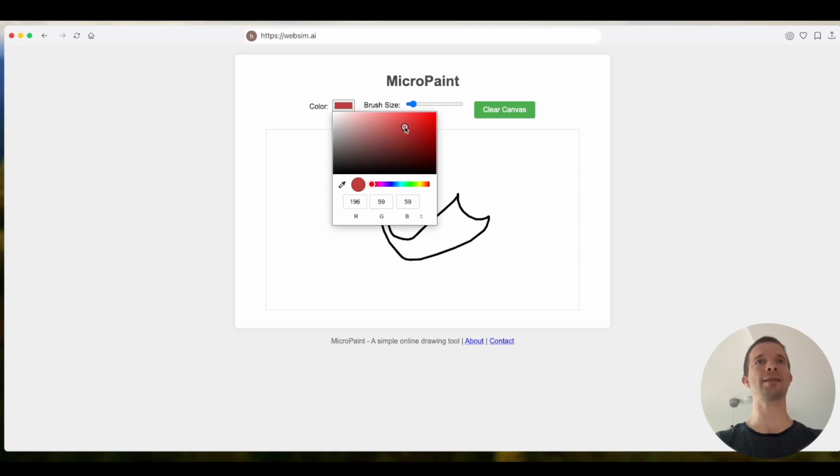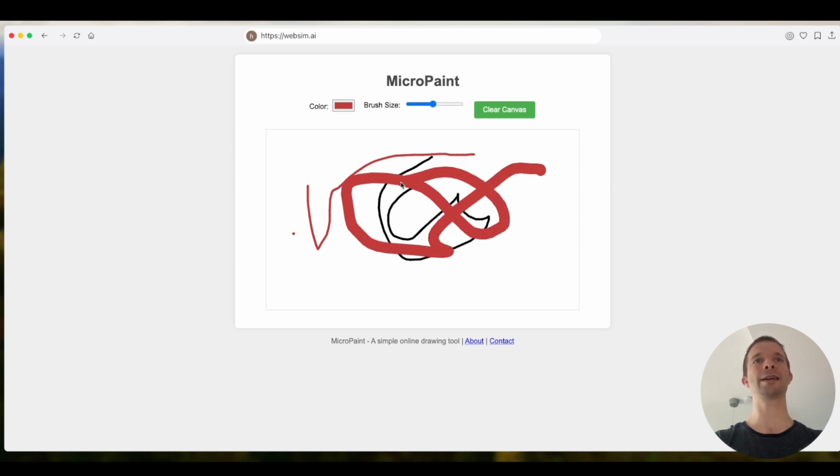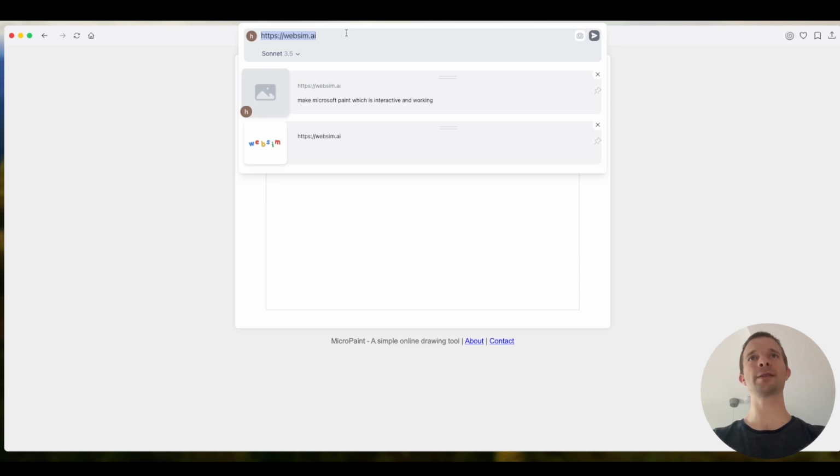Can we change the color? We can change the color. This is very impressive. Can we change the brush size? And we can. And I think here in this example, can we clear it? We can clear it. Okay, so this is actually working. Now, it's very simple. So what we want is to improve it